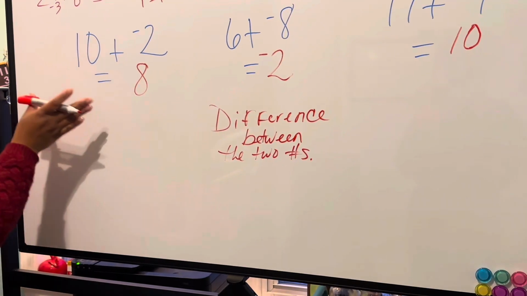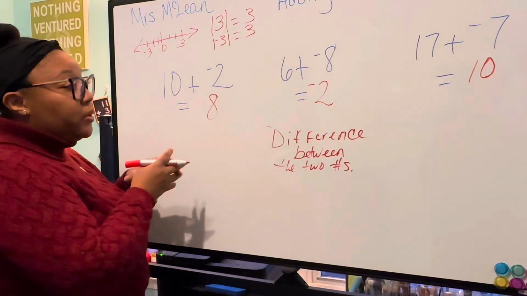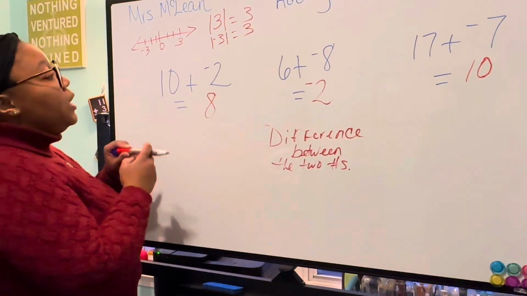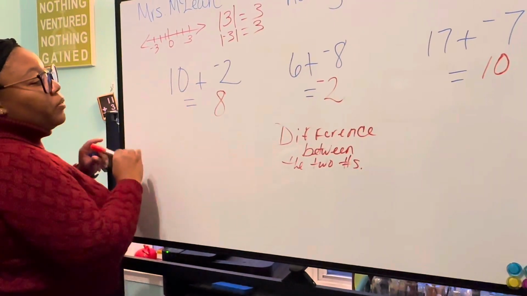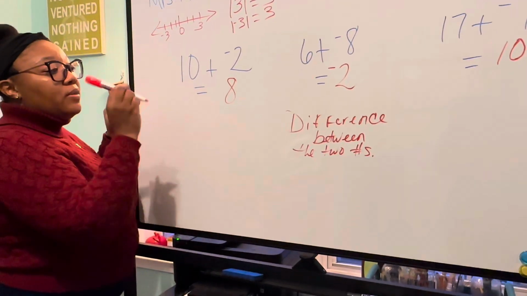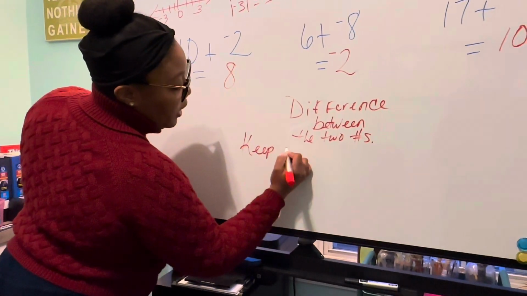That means we take the smallest number from our biggest number. In this example, we took 2 from 10, we got 8, and we're going to keep the sign